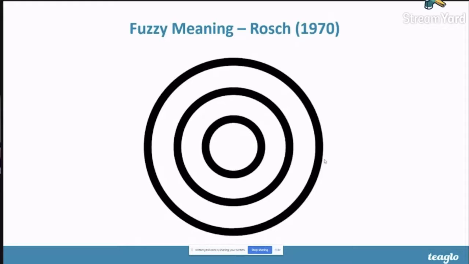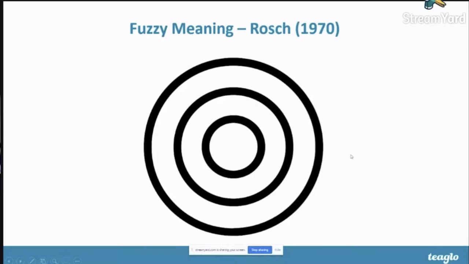So this wouldn't work if we were explaining the concept of fire, because all fires are a fire. There's no fire that is more fire-like than another. So when we're looking at words or concepts that have more fluid definitions, then this fuzzy approach is much more appropriate.